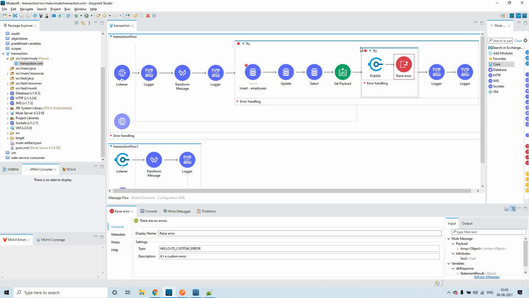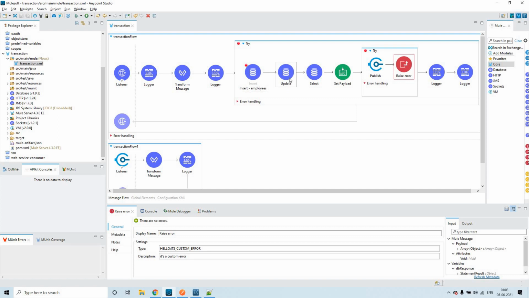Inside it we have one more transaction, which we can consider a child transaction, and this is resulting in an error. So at a high level, it's an error within this parent transaction, right? That is why the rollback will happen, so whatever we insert here will be rolled back.